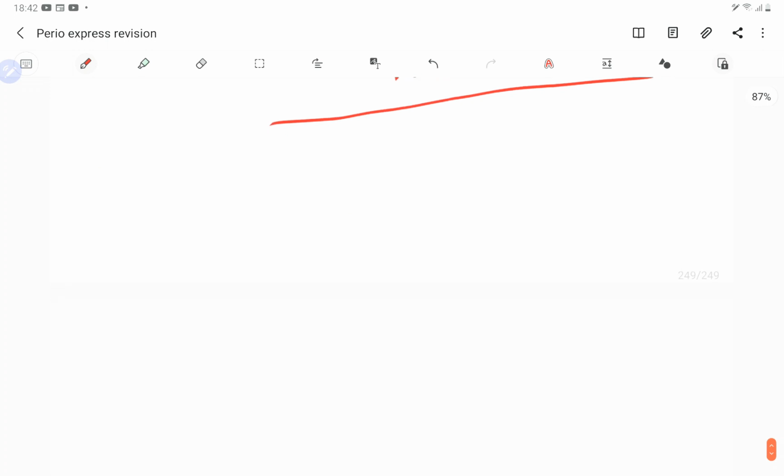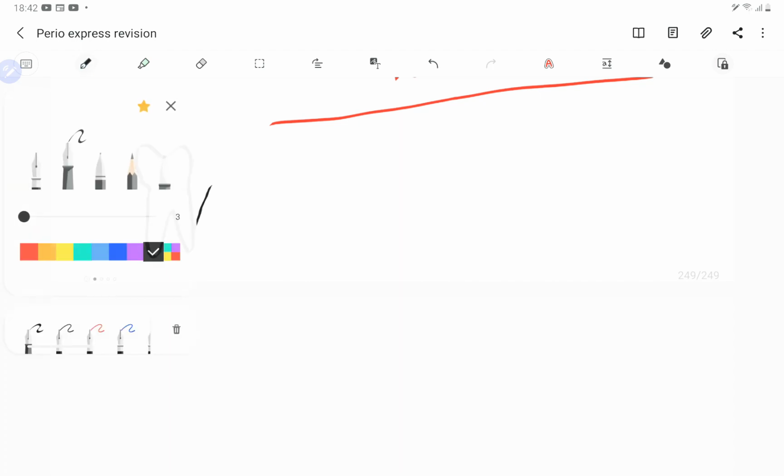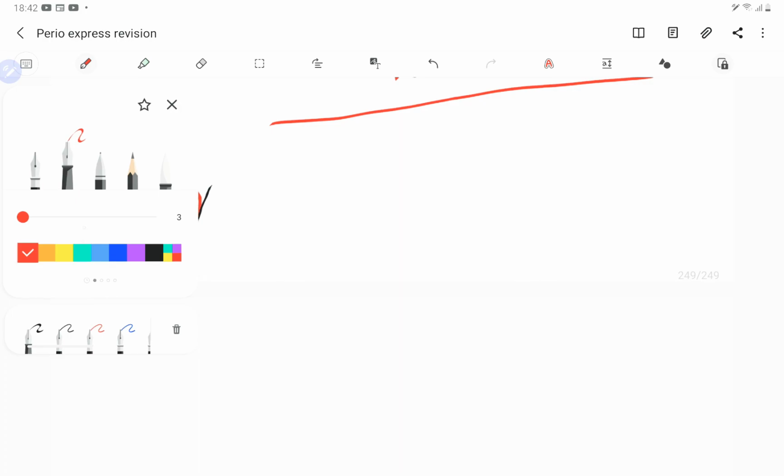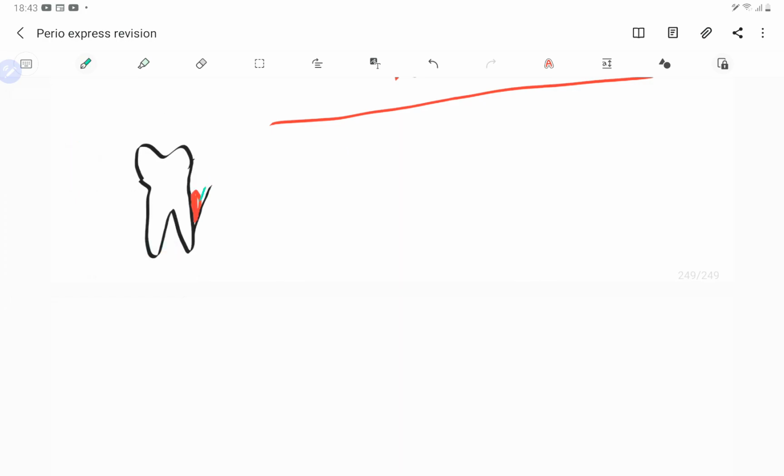Say suppose guys, this is a tooth surface. Now guys, we want the PDL to grow, right? So the defect should be such that there is a defect in the PDL. We want this PDL to regrow, and we want to create a barrier. So say that this is a GTR, it is a barrier.